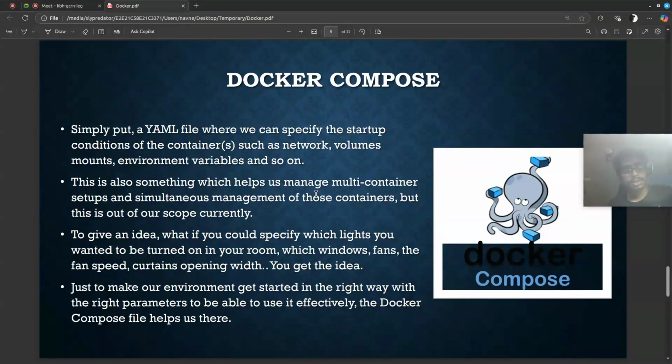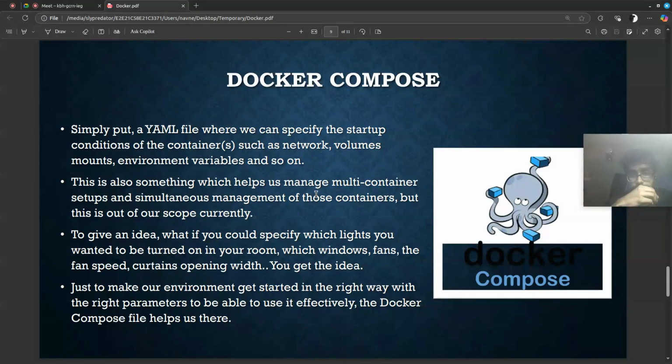All right. Now I mentioned Compose. What is Compose? To relate back to a room example, suppose you wanted your room to be in such a way that windows open in a particular manner, curtains open to this much, this light shouldn't be on, that light should be on, and then maybe your leg rests at the bottom of the table. You can define those, and if you had a way to define those in software,